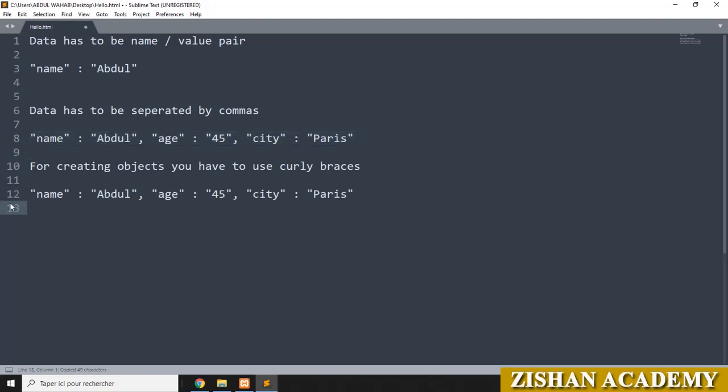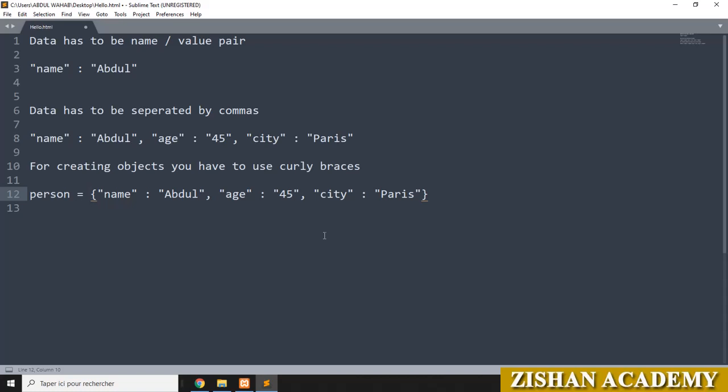You have to go for curly braces. You have to open this and close this one. This is the object. Now you can give the name of the object here, like I am giving person equal to, like this. This is the object, the name of the object is person.